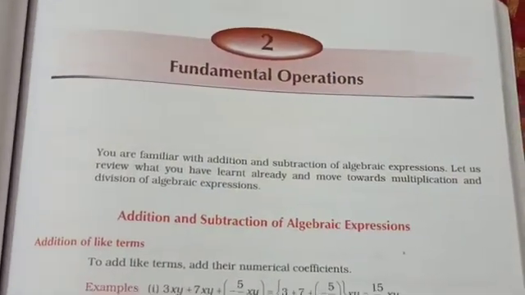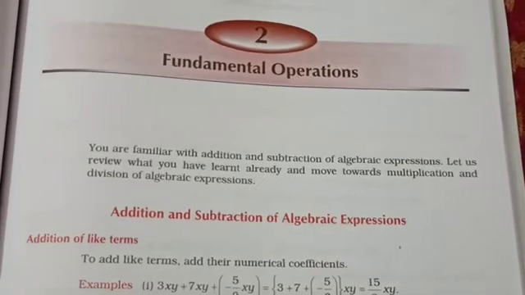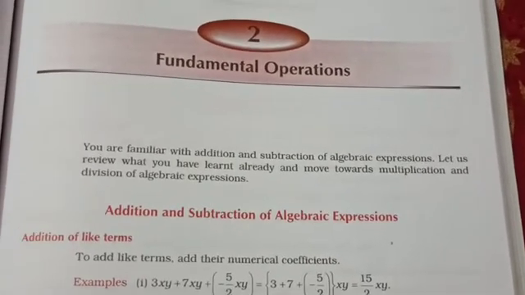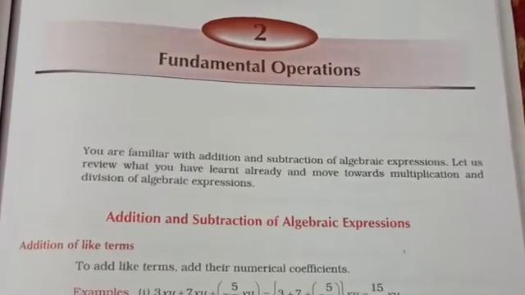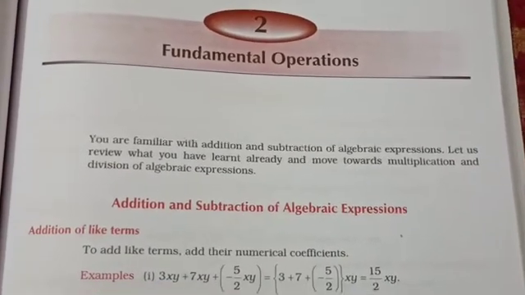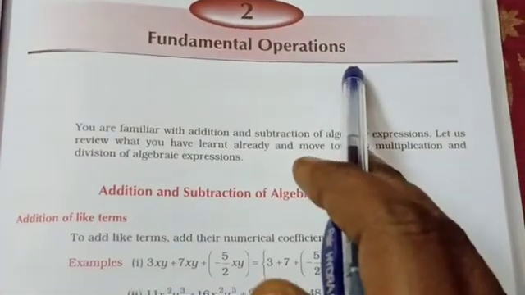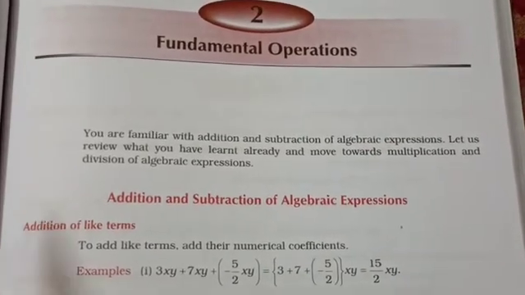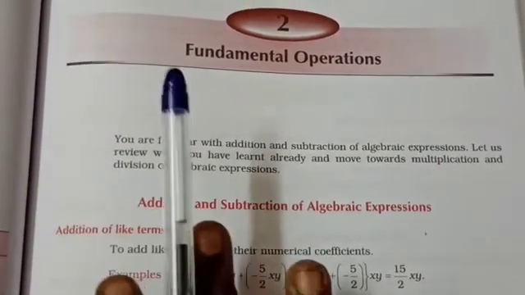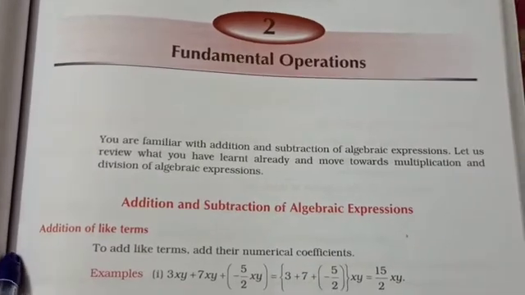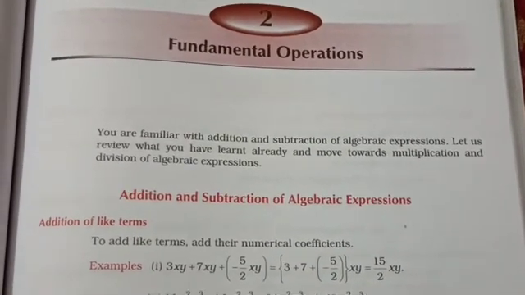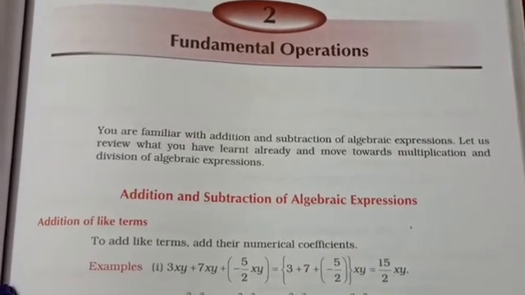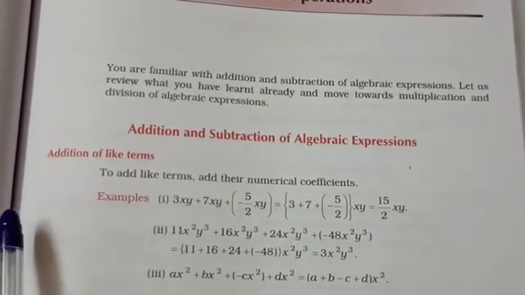The next unit is Fundamental Operations. In the fundamental concepts you know the concepts: polynomial, variable, degree of a polynomial, like term, unlike term. Everything you studied in fundamental concepts. Fundamental operations means using the basic operations, plus and minus, mainly addition and subtraction. Multiplication and division will be taken up later for the arranging of numbers in polynomials.